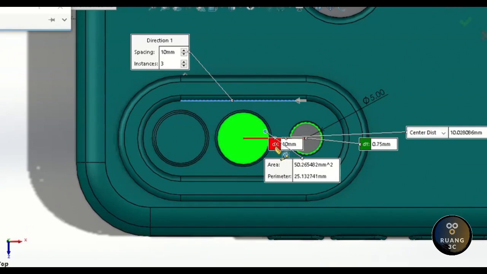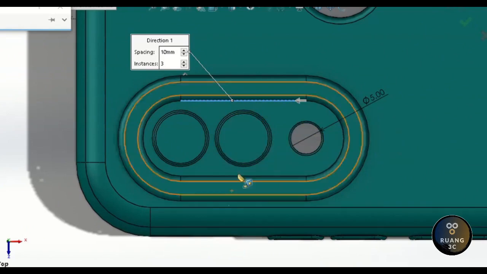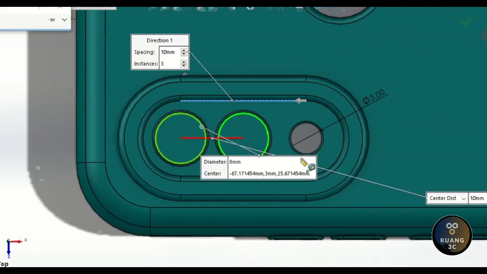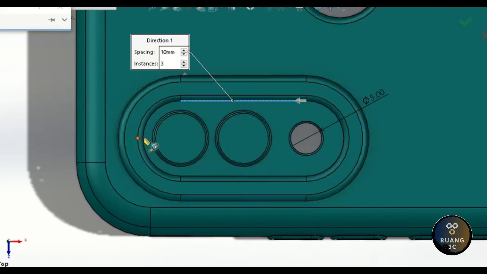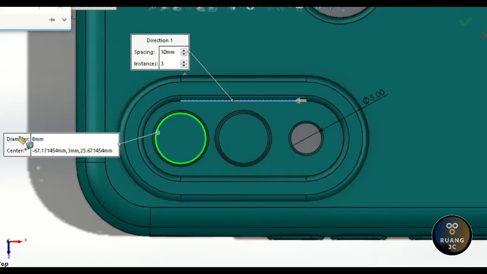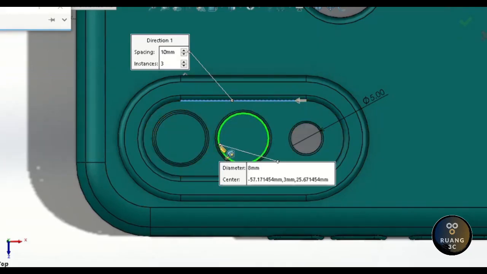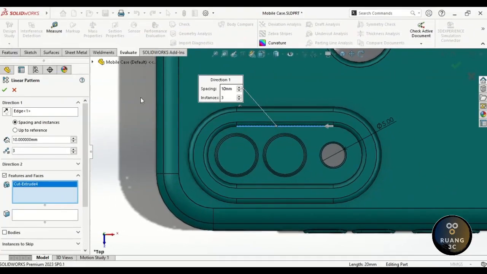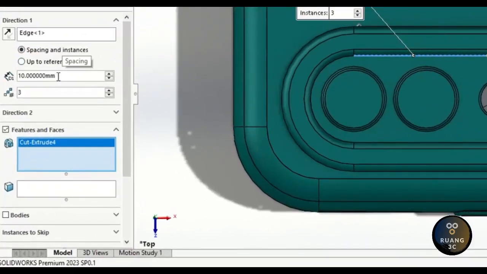The distance is 10 millimeters. I'll measure the other circle. It's also 10 millimeters apart. Then I'll click its edge to measure the diameter. It's 8 millimeters. The other circle has the same diameter, 8 millimeters as well. All right, so here, I'll keep the spacing at 10 millimeters and set the number of